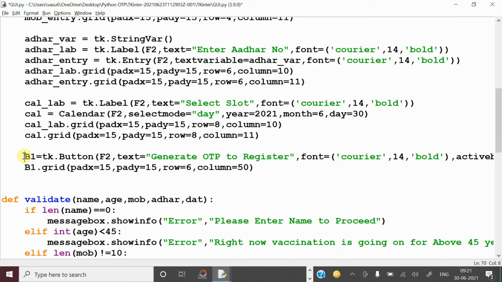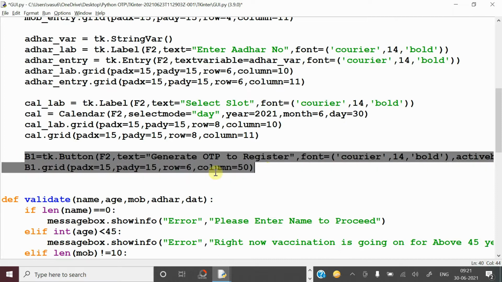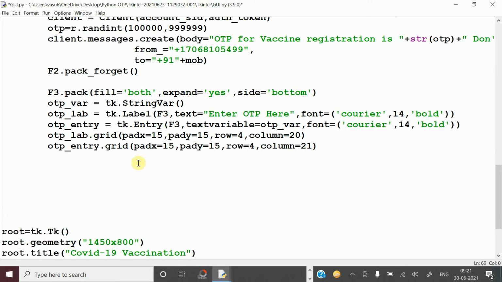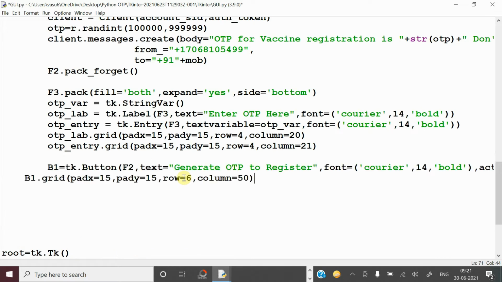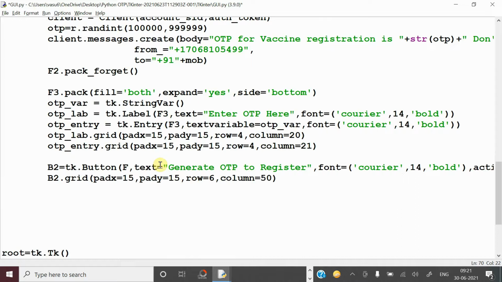So already here one button is there, you can reuse that button without rewriting the code. So here you can keep a button. How can it be done? So this is the button. For this you can give another name, it is the second button, that's why I have given the 2. It should be visible on the frame number 2, yeah, frame number 3, sorry.